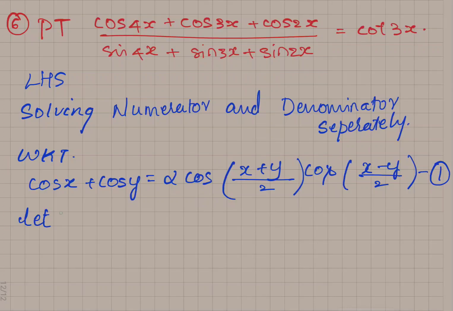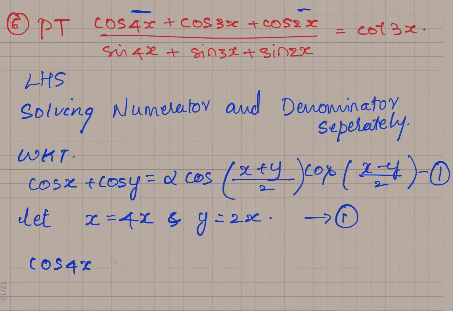Now in this question we are taking first numerator, so let's take 4x and 2x. Just to simplify, if we take 3x, the calculation will be complex, so let's just take 4x and 2x first. Let x is equals to 4x and y is equals to 2x. Substituting these values in equation 1,